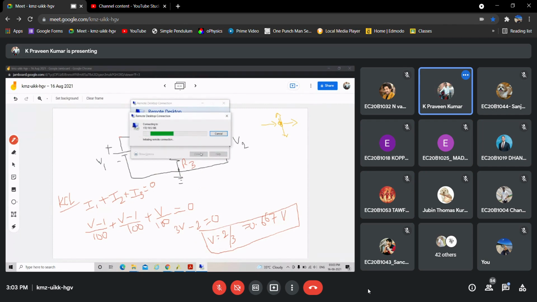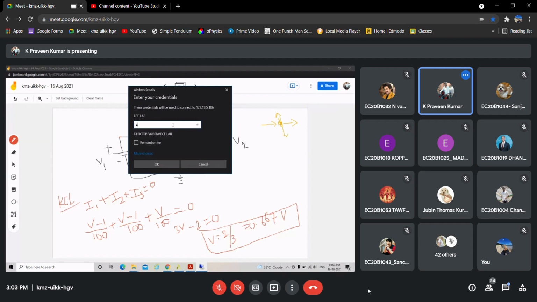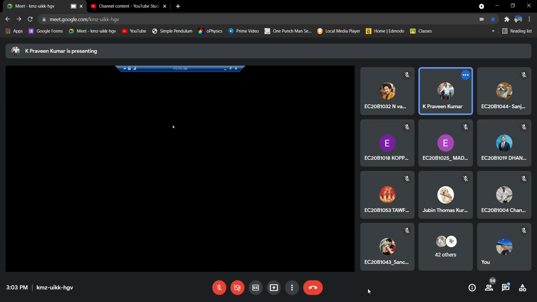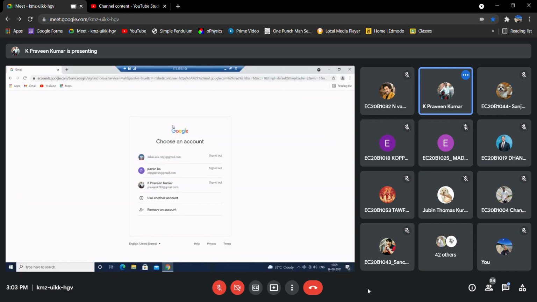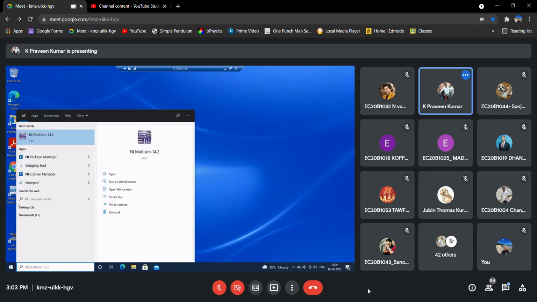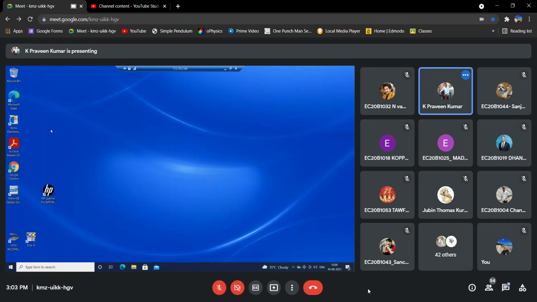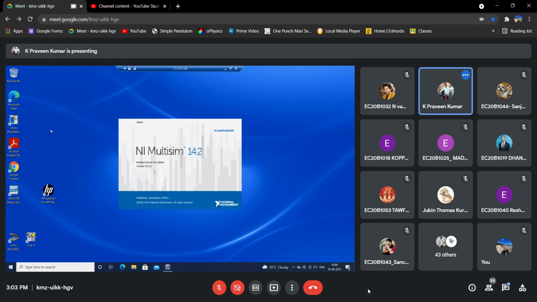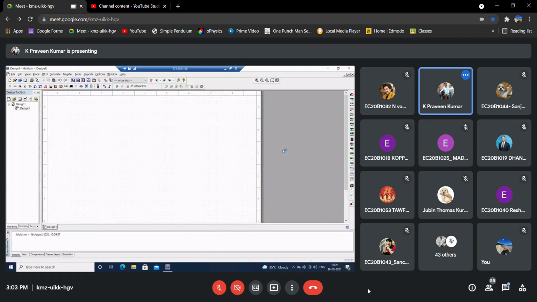Just a moment. I think you are aware of this Multisim tool, right?